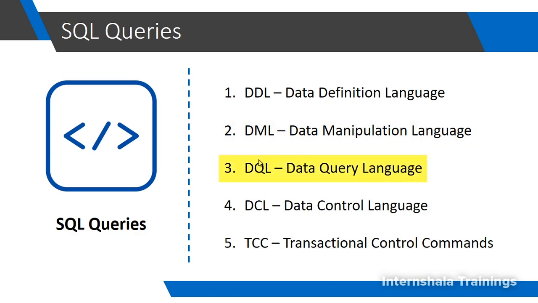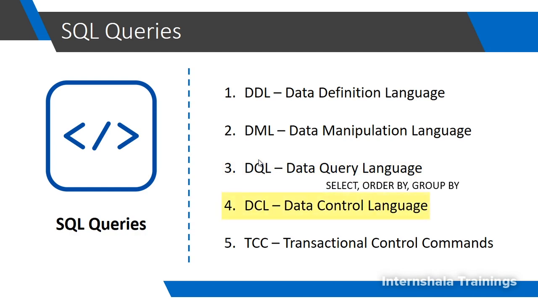Next is data query language. DQL is the most commonly used and it is used to retrieve data from table, which is done by using the select statement. This is usually the main focus of most business users. So it starts with the select clause and then it mentions the table name from which the data is to be fetched. I am showing only few examples of the clauses used in query language, but we will be covering all the clauses in detail in the later sections of the course.